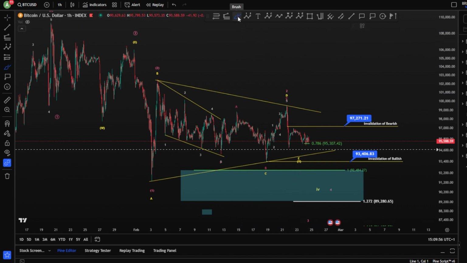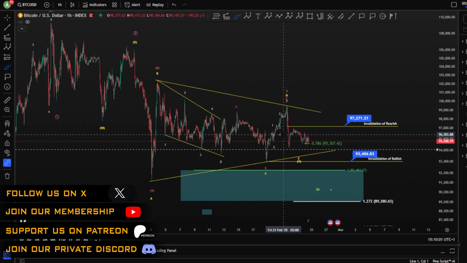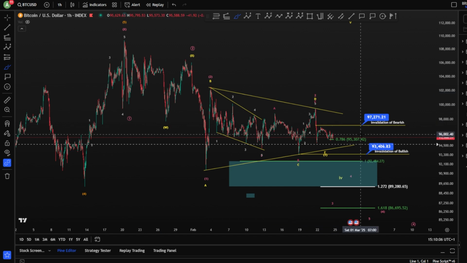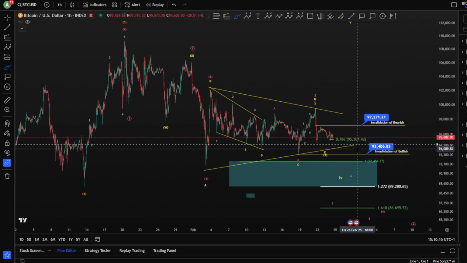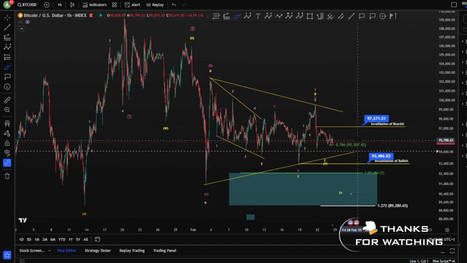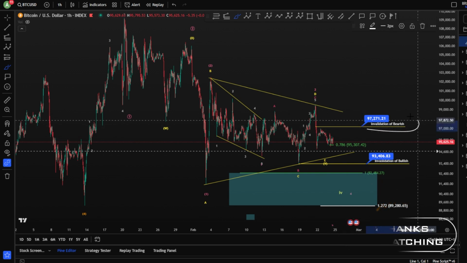This is the intraday video on the 1 hour chart and 15-minute chart to see what happened for Bitcoin, what it might happen in this day for Bitcoin. So as we can see, we have a sideways range. We're still in this sideways range between the invalidation of the bearish level and the invalidation of the bullish level. Very, very critical price action exactly in the middle between both levels, and we still of course are looking for an answer, right? We're still looking for an answer in case we are in a bearish scenario.